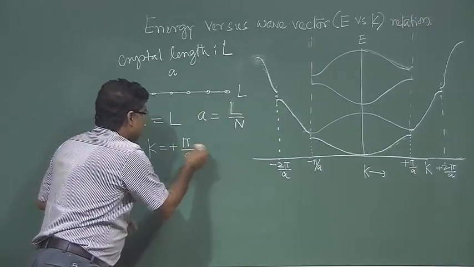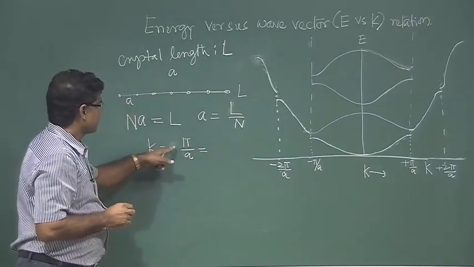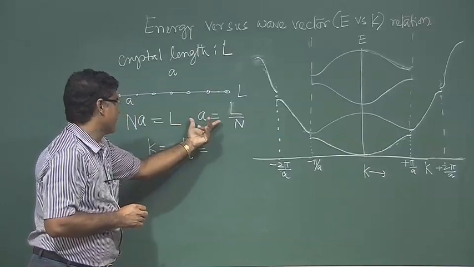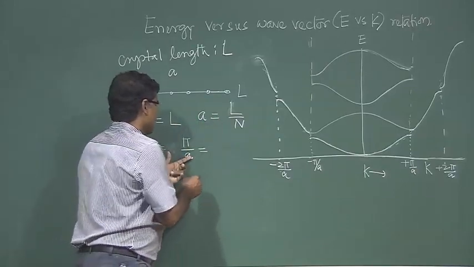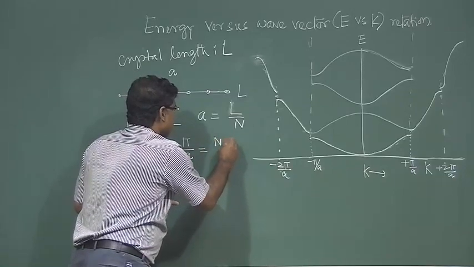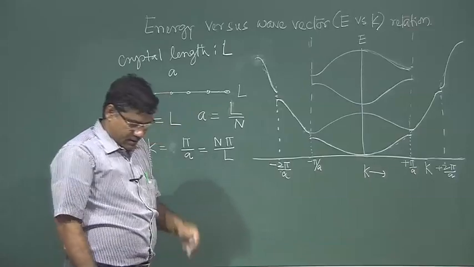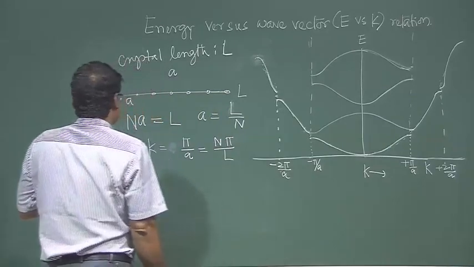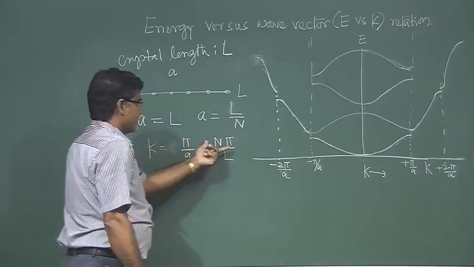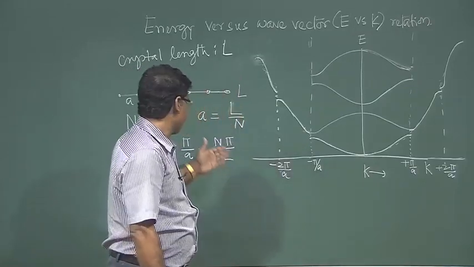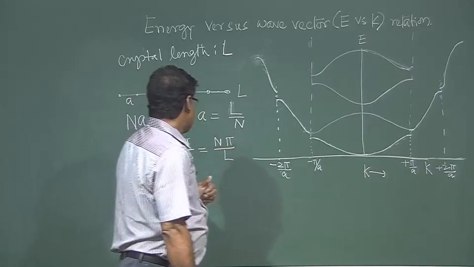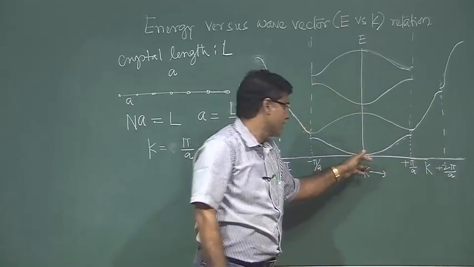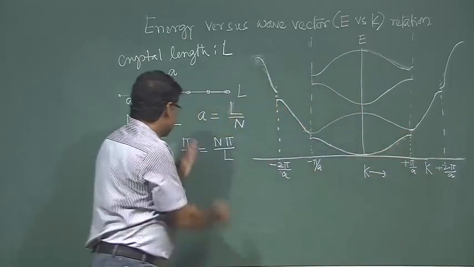So, this we can write as just pi by a, plus minus pi by a. So, then if we put this a value here for finite dimension, what will I get? n pi by L, right. So, the k value is n pi by L. So, what does it mean, n pi by L? In this region, how many k values will be there? This is the upper limit of the k value